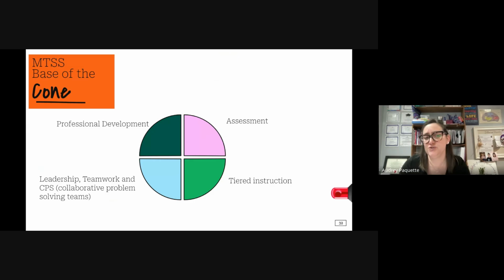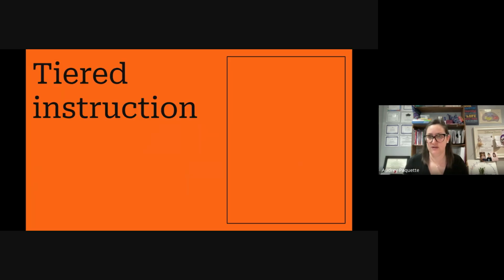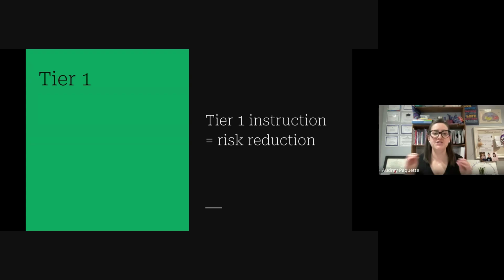Okay, so today we are just going to look at tiered instruction. That's the one we're going to focus on in the next 10 minutes. So, tiered instruction, let's go. Tier 1 equals risk reduction. That is the job of Tier 1. We want to reduce the risk as much as possible. We have to think about shifting some of our practices. This is the time in Tier 1 where we have the most comprehensive instruction, the most minutes. It's data-based instruction. It's protected time, between 90 and 120 minutes, variable with the grades, obviously, for ELA. And it's planned by the grade level team with data.